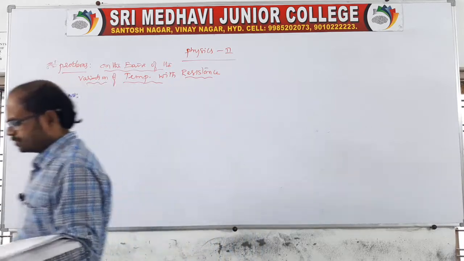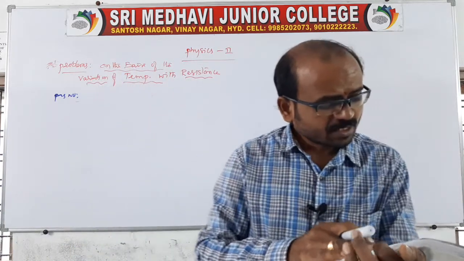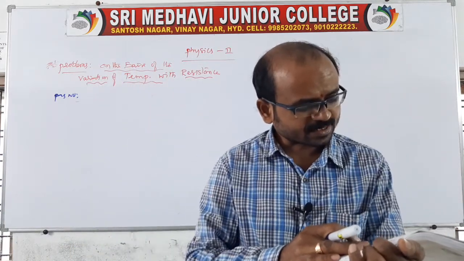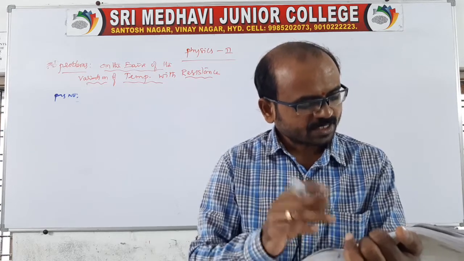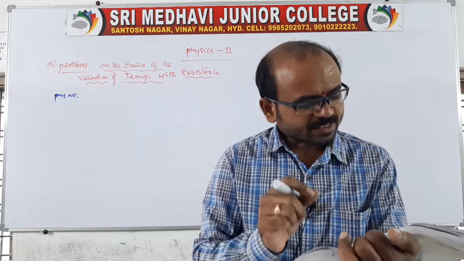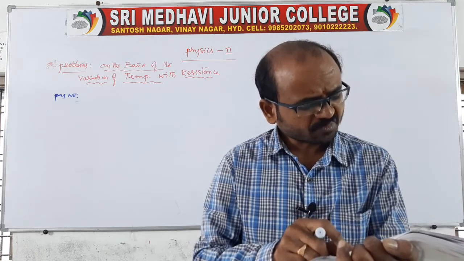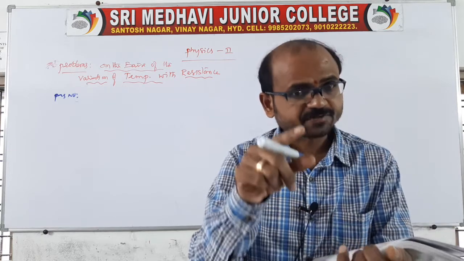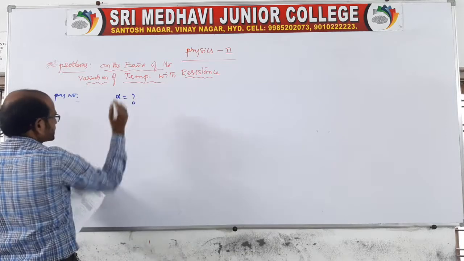Look into the question. What is given that we have to check? The given is a silver wire with a resistance of 2.1 ohm at 27.5 degrees Celsius. So R1 is given and T1 is also given, and a resistance of 2.7 ohm at 100 degrees Celsius. Determine the temperature coefficient of resistivity. Is it asking for the temperature coefficient of resistance or resistivity?